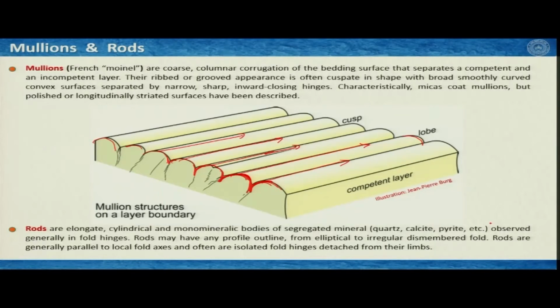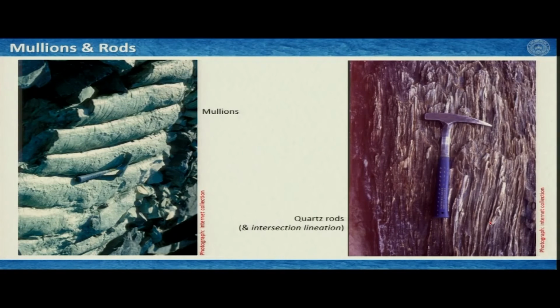And rods may have some sort of profile outline from elliptical to irregular features within the fold, and they generally are parallel to the local fold axis in their orientations, and they often are isolated fold hinges detached from their limbs. So, the mullions,